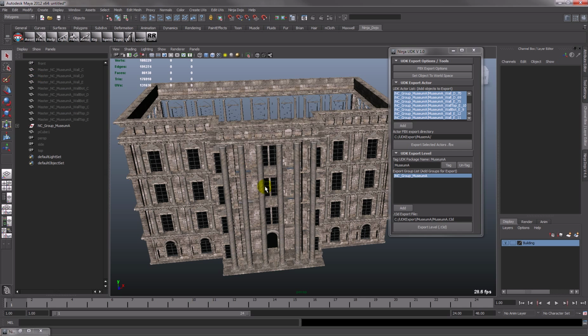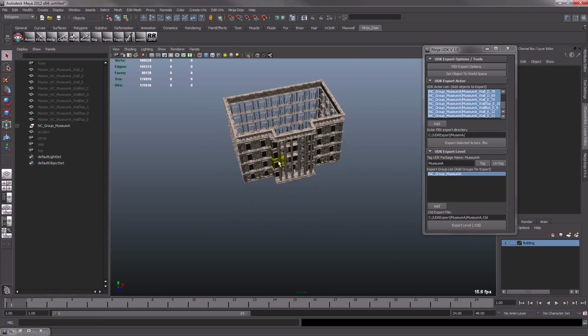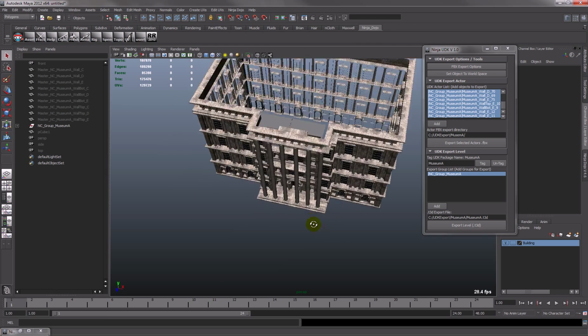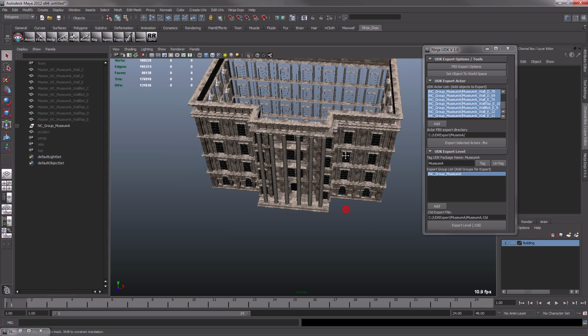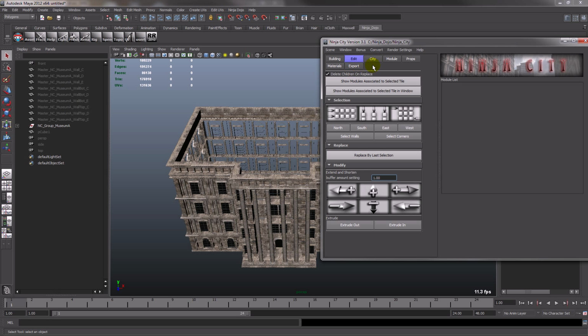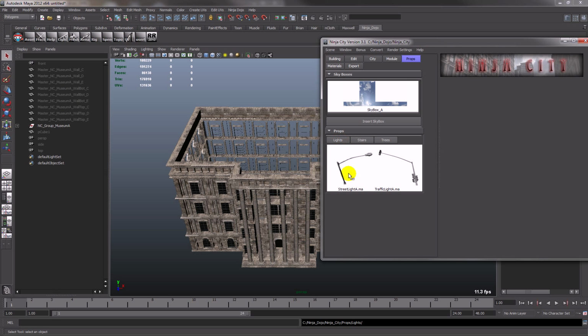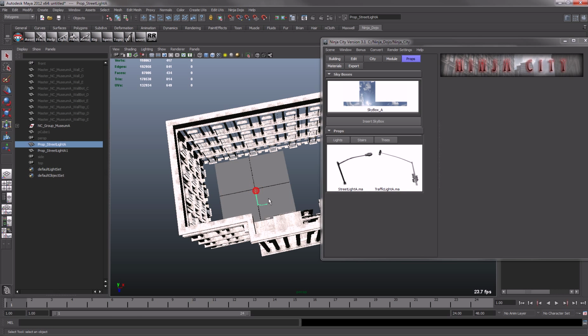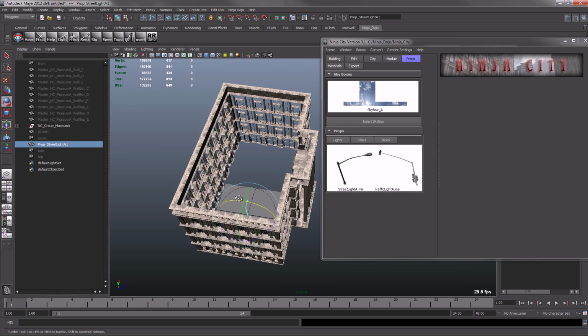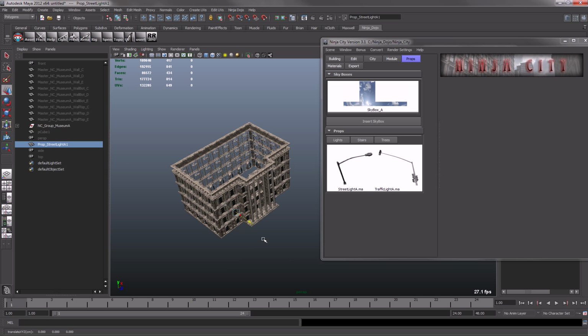So we'll just go back in here and we'll add some props, to show you how you can just quickly add some new stuff and export everything out. So let's go back in here, and under props we'll add some lights. Street light, just double click it. It's rotated wrong, so let's, oops, alright, yeah, and let's add it to this side,